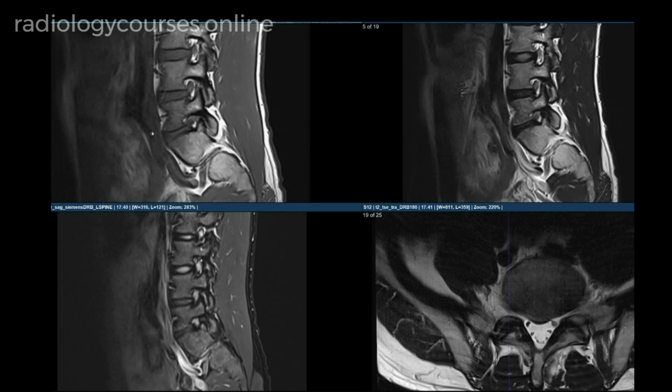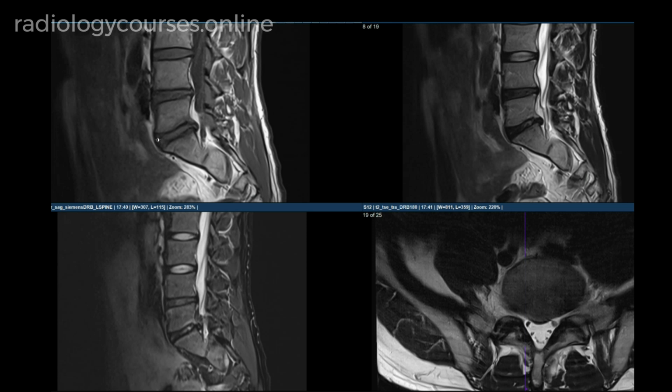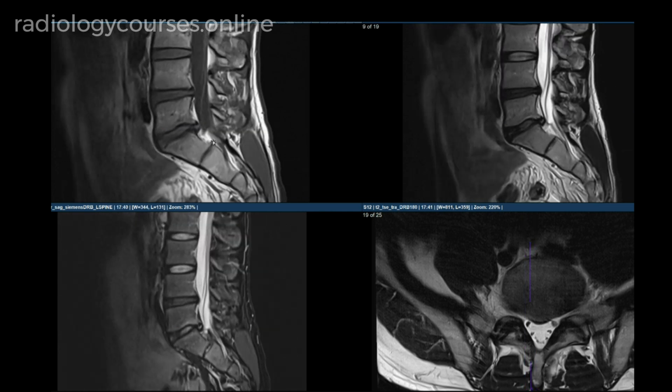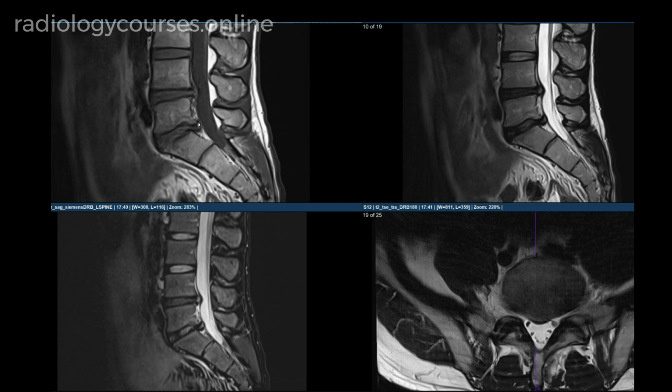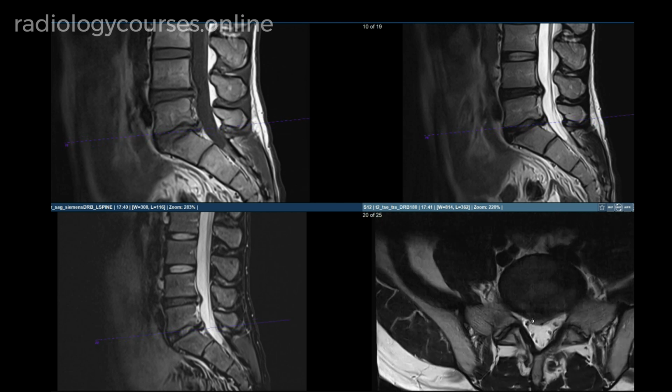Here we have a 35-year-old with left-sided sciatica. We have sagittal T1, sagittal T2, and STIR and axial T2 sequences. I have magnified at the level of L4-5 and L5-S1. I'm interested in showing the L5-S1 level, where the disc is dehydrated with annular fissuring and also shows a small broad-based